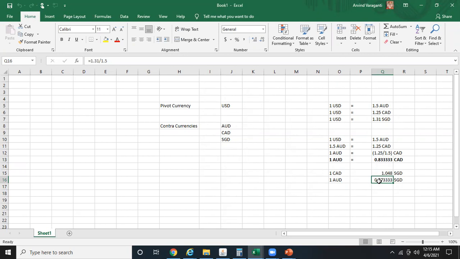So this is how you upload, or set up, a pivot currency and then the contra currency, and once you enter an exchange rate between the pivot currency and the contra currency, the system will automatically take care of creating the cross currency exchange rates between all other currencies. Especially whenever you are getting exchange rates from, say, an external bank or financial system, sometimes they charge based on the different exchange rate combinations.